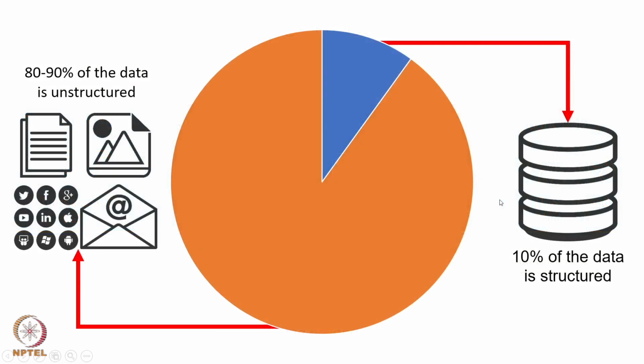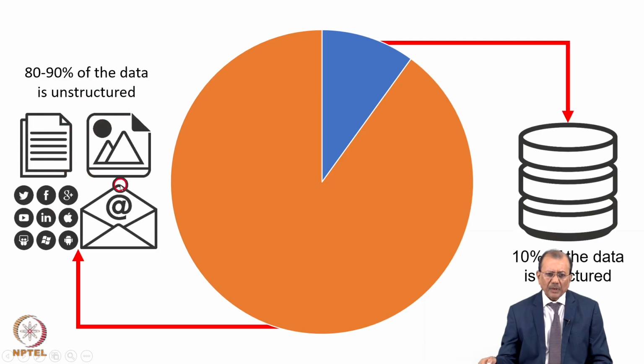And if you try to categorize them, it is being said that structured data is a very small part. Structured data, which we find in our databases, is very small. Most of the data is unstructured, in the form of images, videos, audios, or social media data. Structured data is data like sales data, your transaction data, your inventory data. So the structured data part is very small as compared to unstructured data.